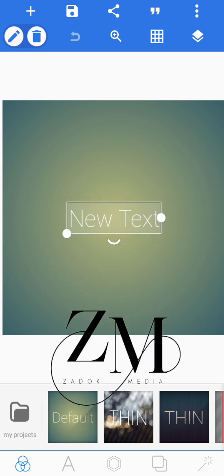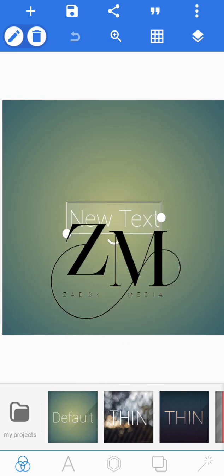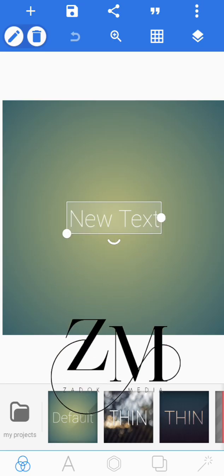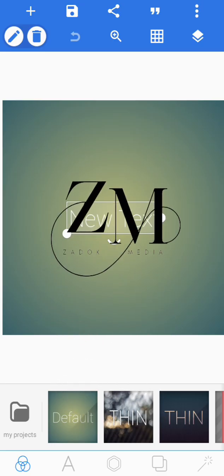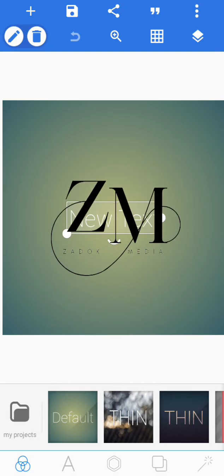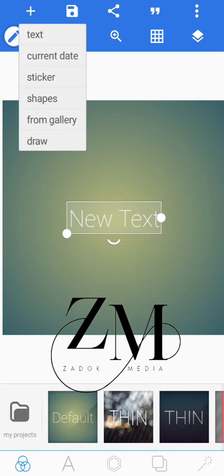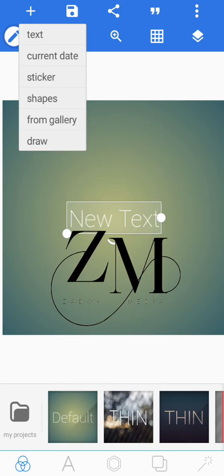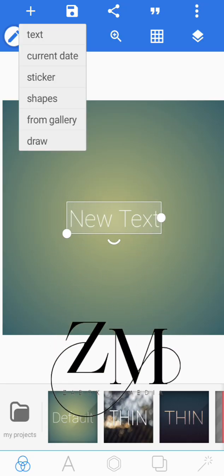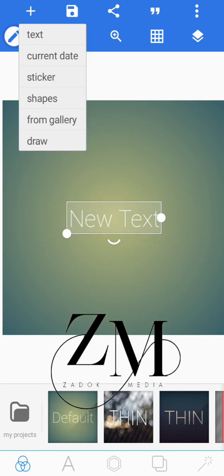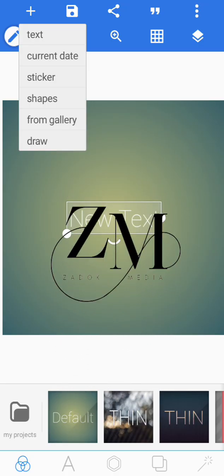First, let's start from the top. The first one, starting from your left, is the plus icon. That plus icon, if you tap it, is to add things. Let's tap it now. You see text, current date, sticker, shapes, from gallery, and draw. So depending on what you want to do, if you want to add text,